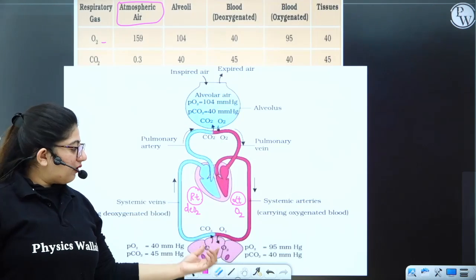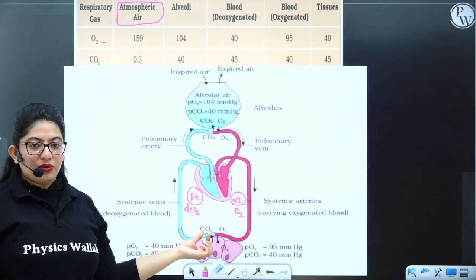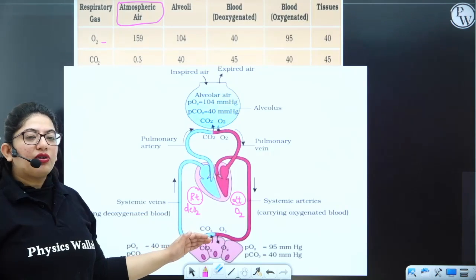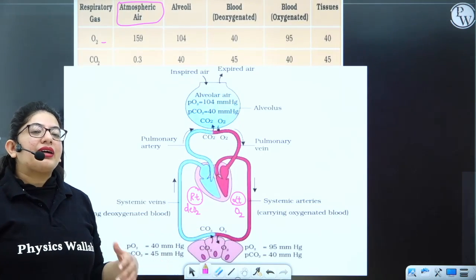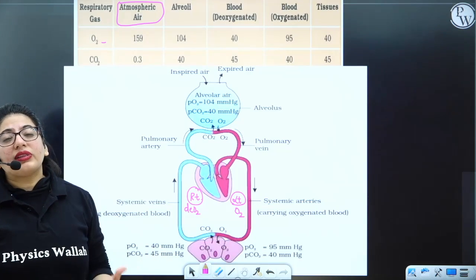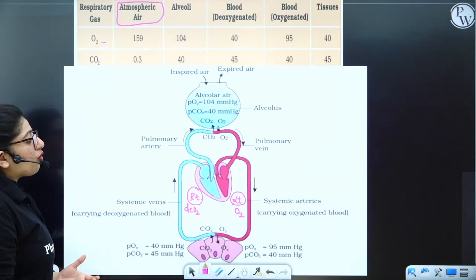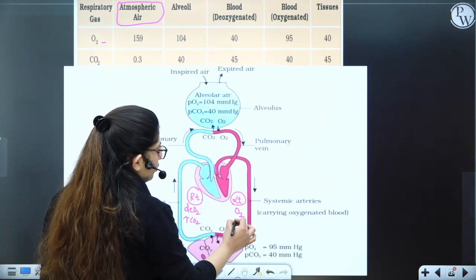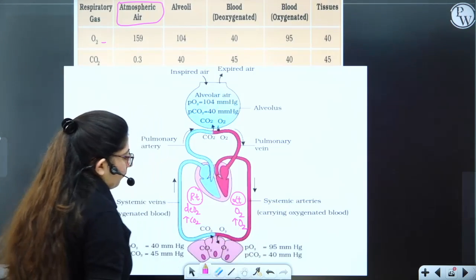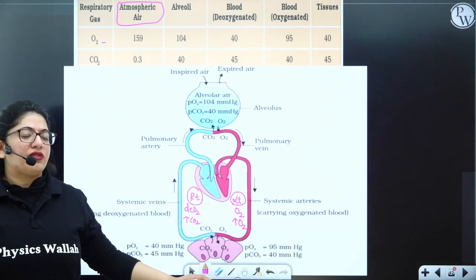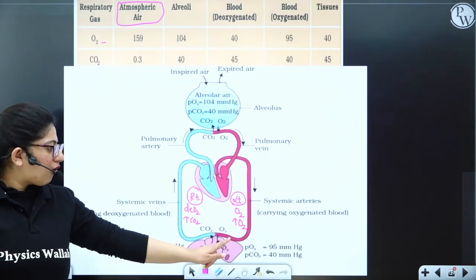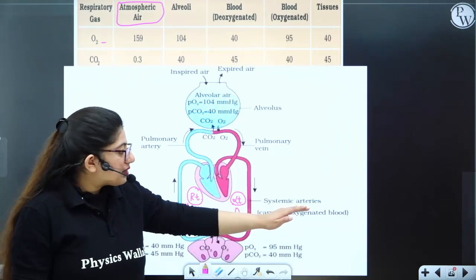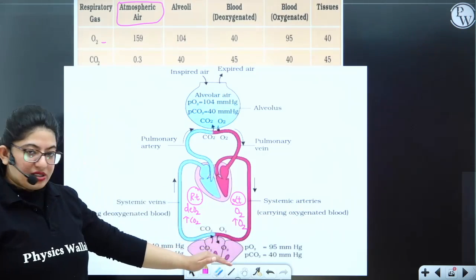All right. So when you give the oxygen to the tissues, they will produce CO2. Now, what is happening when the tissues produce CO2? The CO2 will enter into your blood. And whenever the blood contains a large amount of CO2, you call that blood deoxygenated. So deoxygenated blood will have more CO2, and oxygenated blood will have more oxygen. When a tissue undergoes respiration, it will use up the oxygen which is coming from these blood vessels, right? Which blood vessel is this? Systemic arteries. So systemic arteries bring the oxygenated blood towards the tissues.